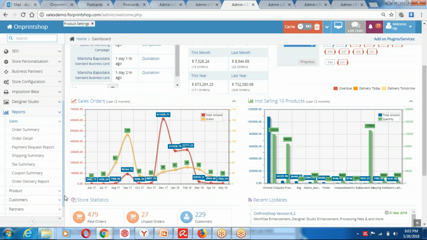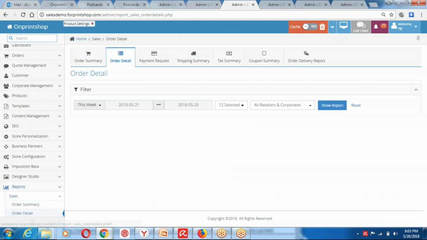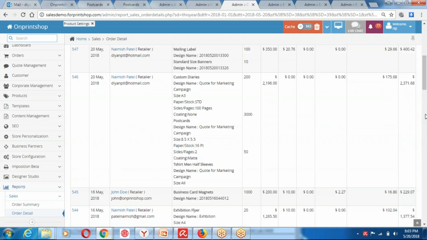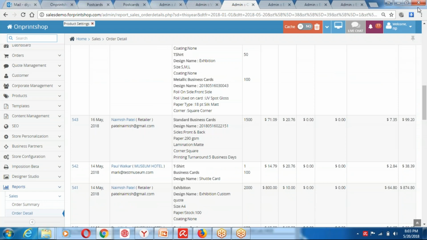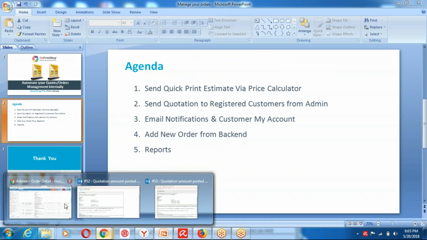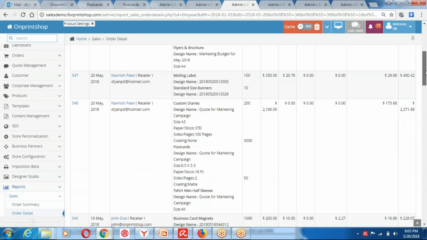Tips: anytime you can go inside the system and find out how many orders you have for a particular period, like this week, last week. You can also find out for a particular month or this year. You can simply click, and the system would give you a quick report on all the orders you have, with the tax and everything that you have collected. So it is also useful for you to manage and submit your taxes at the end of the year.